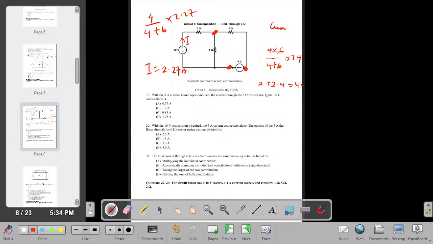So I'm getting 4 over 10 times 2.27, so 0.91, right? So let's see. This gives me my I of 6 ohm is equal to 0.91. Okay. So actually, these types of questions are a little bit tricky. Okay, please take note. So our answer is E,